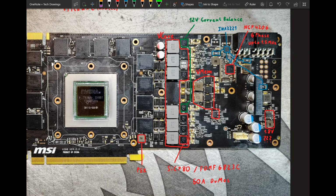So yeah, stock, the card is already very, very close to maxing out this VRM, and when you overclock, well, it's not that far to actually max out the 300 amps, or maybe even overdraw it. I think I actually did overdraw this VRM on a 780, because I did have 350 watts of power consumption, and I don't remember what actual voltage, but if it was 1.2 volts, then yeah, that probably maxed out the